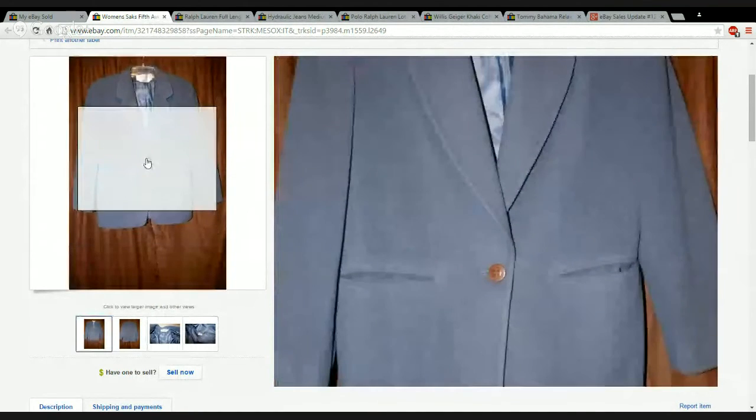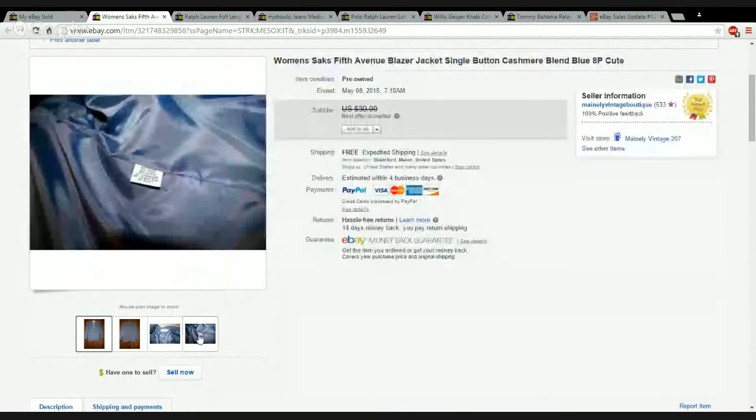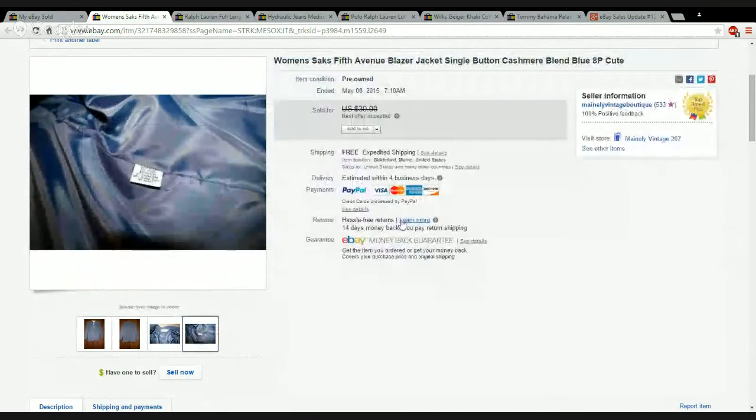I got $23 delivered for this, and the buyer said it fit her perfectly, and my feedback, she loved it. So I was in this for $23. It cost me, or I sold it for $23. Paid 50 cents, cost me about $7 to ship it. So I probably made a good $10, $12, so I made 25 times my money. Can't beat